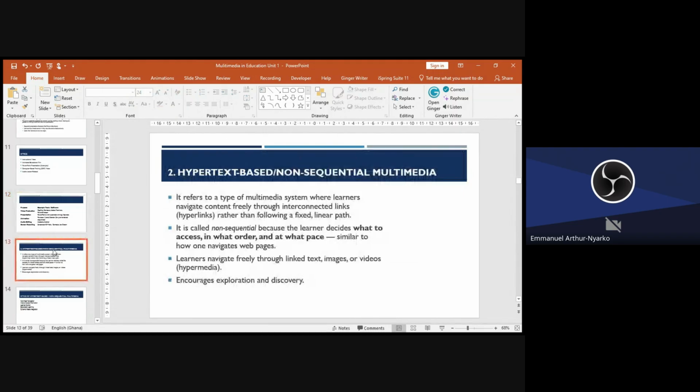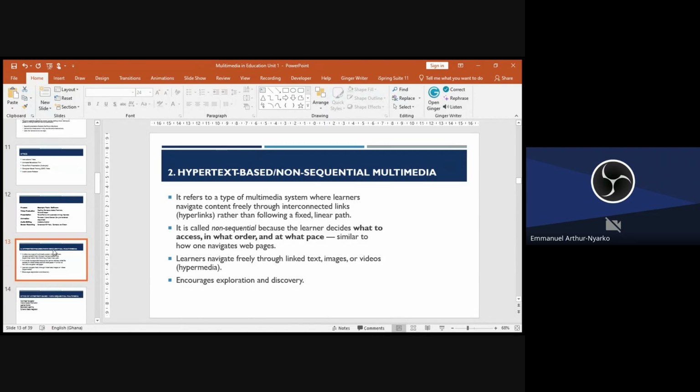Now the second type of multimedia is the hypertext based or the non-sequential. We've looked at the linear. Now we are looking at the non-sequential, which means the linear is more sequential, but this type is non-sequential. It refers to a multimedia system or application that allows learners to navigate freely.